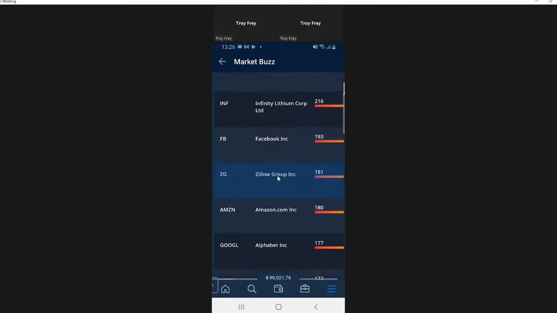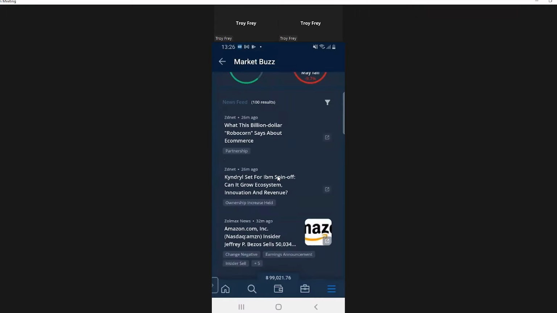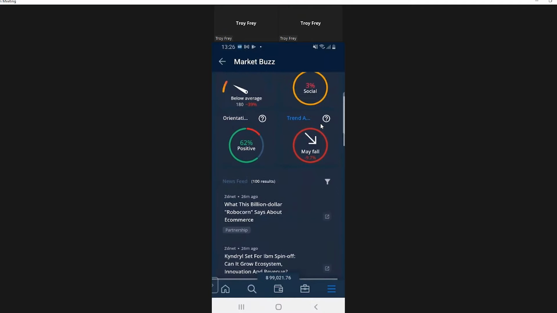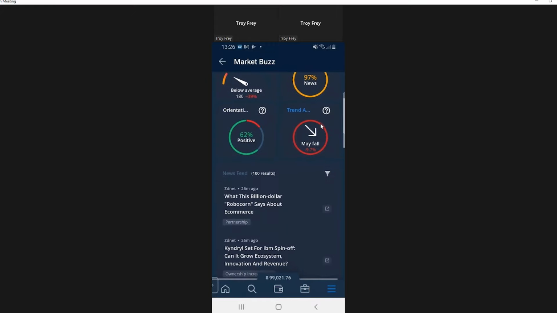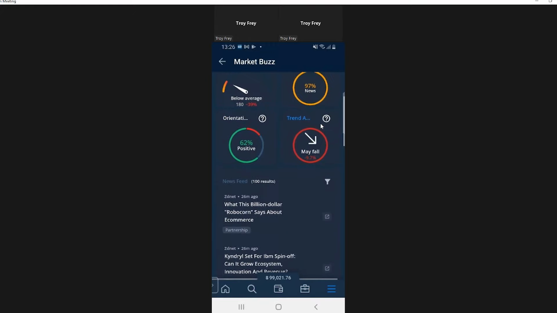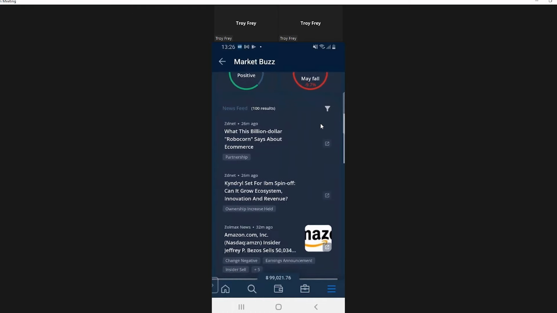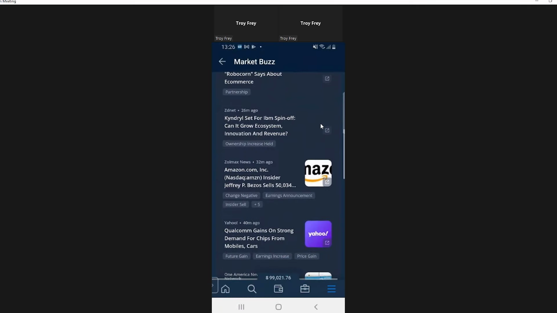If we click on one of these, okay, I tapped on Amazon. It brings up some information about, is the trading positive on Amazon right now? Is it negative? You see that at the top, 62% positive, 10% may fall. And so let's take a look and see articles here, right? Here's an article that is stamped with Amazon showing on it.